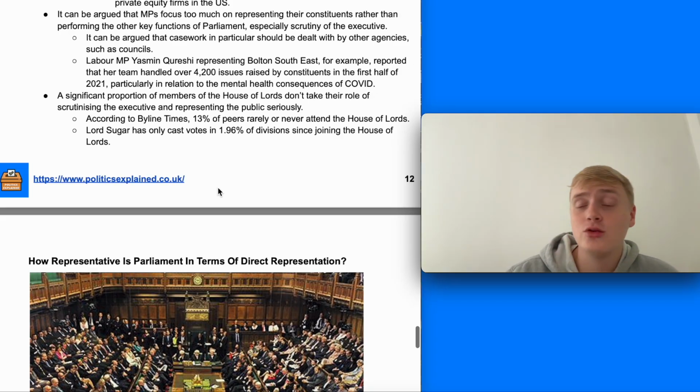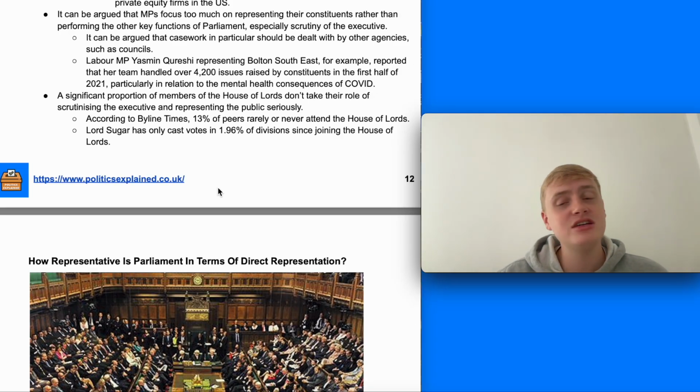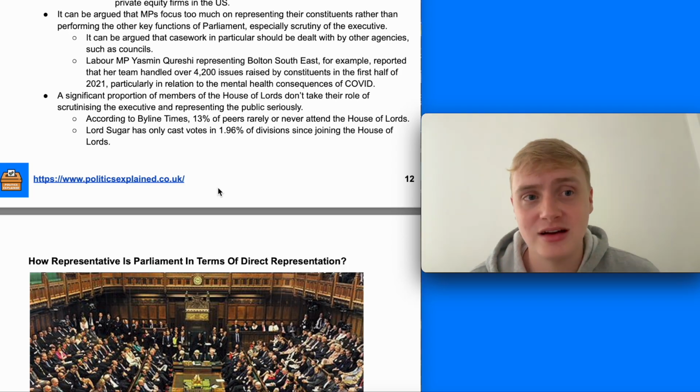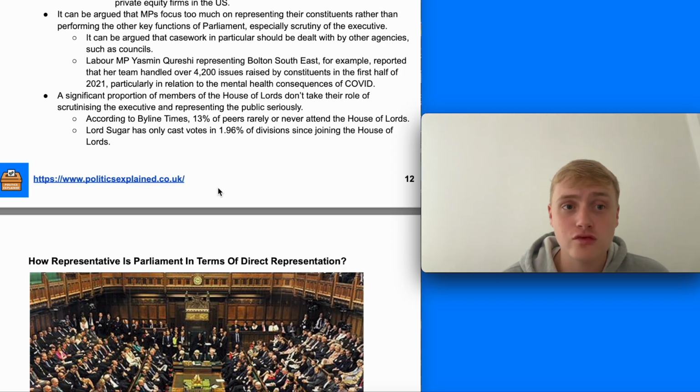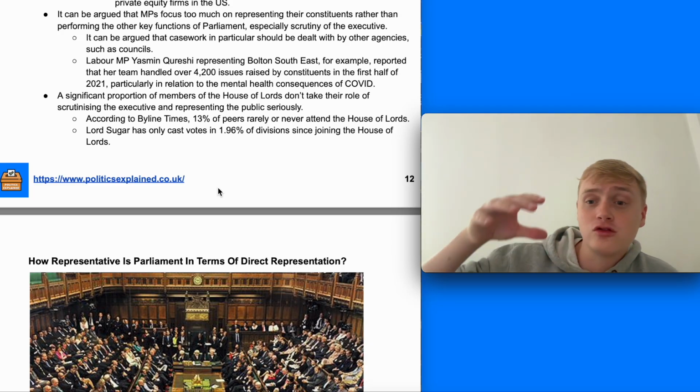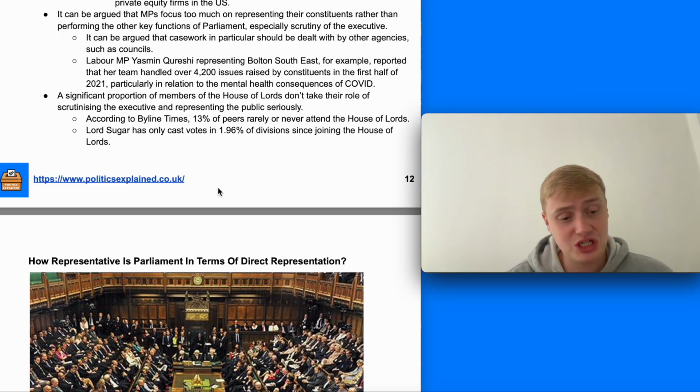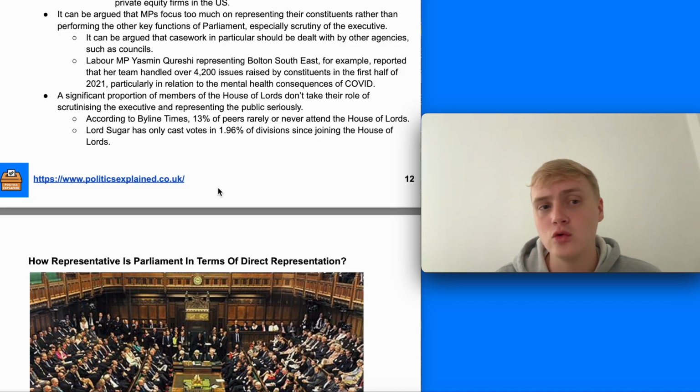And you could also argue, as a different point, that Parliament isn't representative, as MPs focus too much on representing their constituents rather than other key functions of Parliament. Therefore, it's a negative thing. They focus far too much on casework, which should be dealt with by other agencies, such as local councils, whilst MPs should really be focused on scrutinising the government, which is a way of representing the country, rather than local